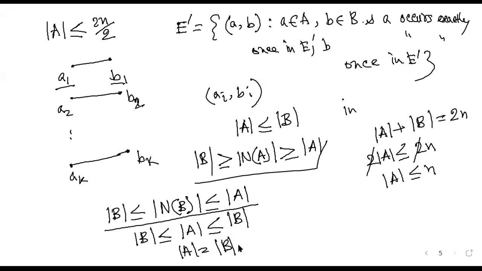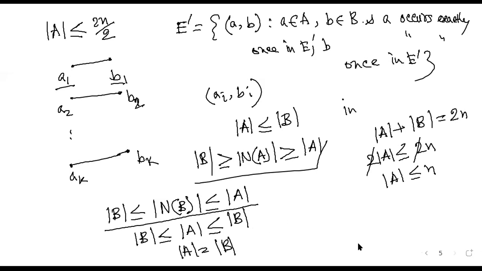Ma'am, why is this long method needed? Can we do it this way? If we take the cardinality of A equal to K, then the cardinality of B will be 2n minus K, right? The cardinality of B will be 2n minus K, because